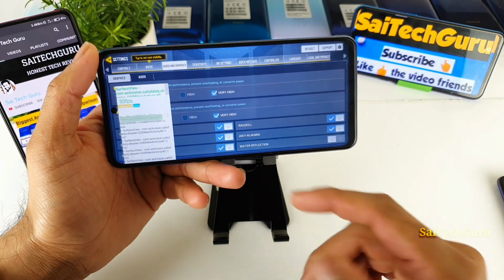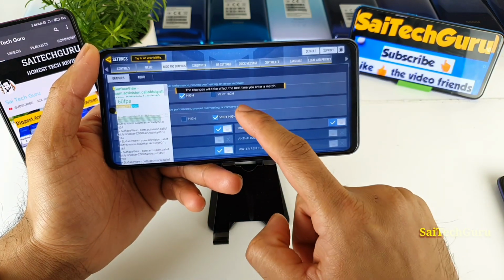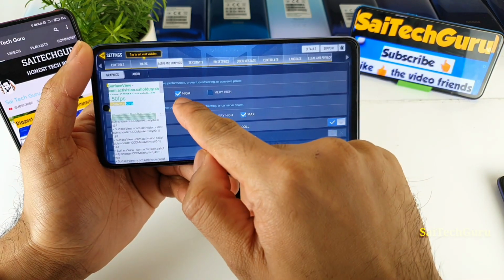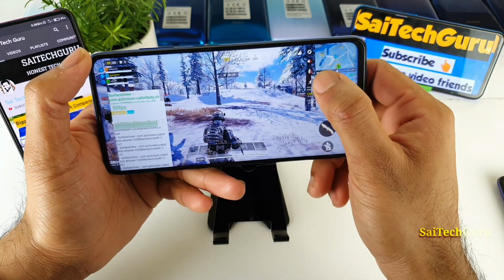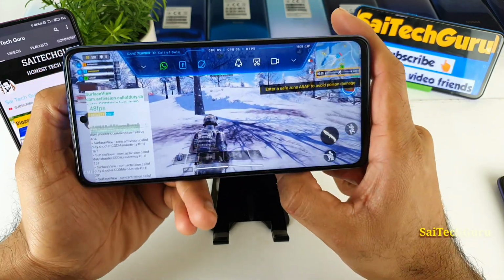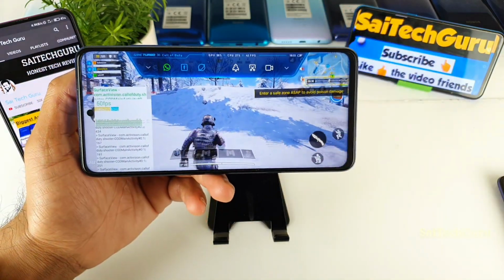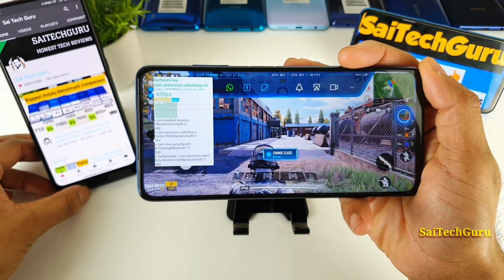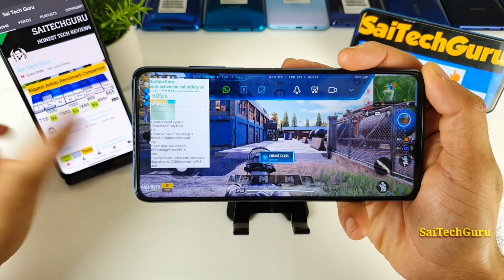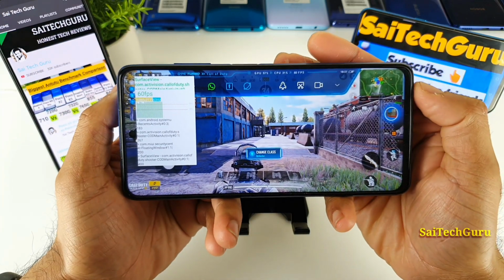Now let me try to decrease the quality. I'm decreasing the graphics quality to high, and I'm maintaining the maximum FPS setting. Now let me check how much FPS I'm getting if you do that. Right now you can see, friends, the FPS count is close to 60 FPS at the moment. It's high.